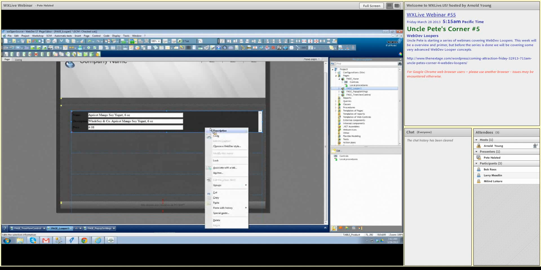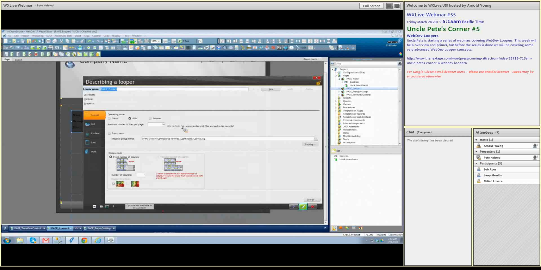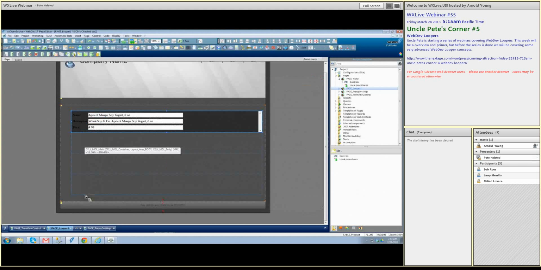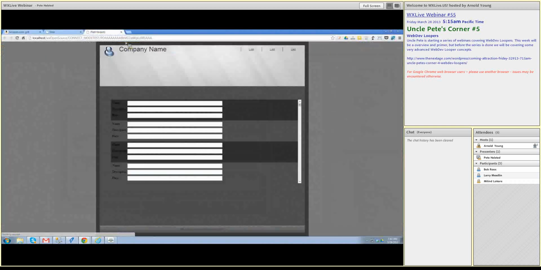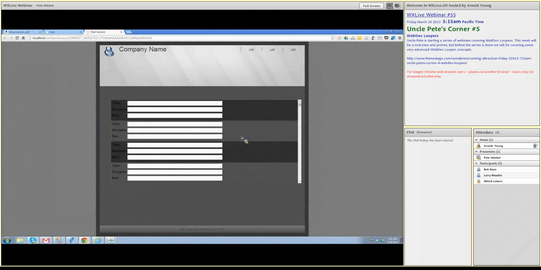Now, if we go into the description of the looper, see here it says maximum number of lines per page. If I turn that to 4, now you see that that box stops right there, and we're only going to have 4 rows. Now, if we run this thing, we're going to notice a couple of things. First is, I have no data. Well, why is that? Well, because